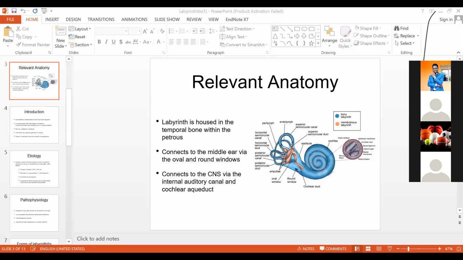Okay, so the microorganisms in acute otitis media are usually the same microorganisms that cause